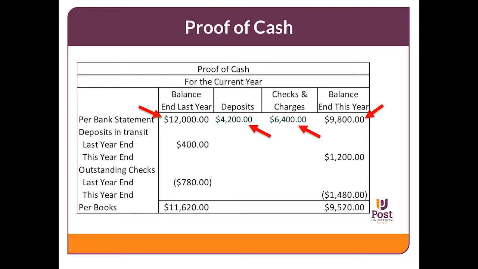12,000 minus 4,200 plus 6,400 equals 9,800. We do the same thing for the general ledger. Beginning cash was 11,620 minus disbursements of 5,000 plus receipts of 7,100 equals our ending general ledger cash balance of